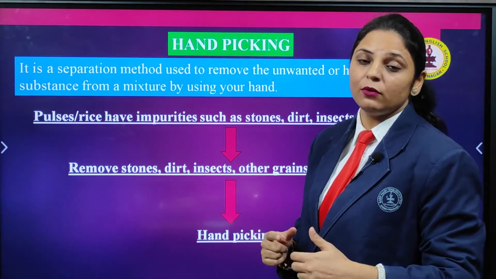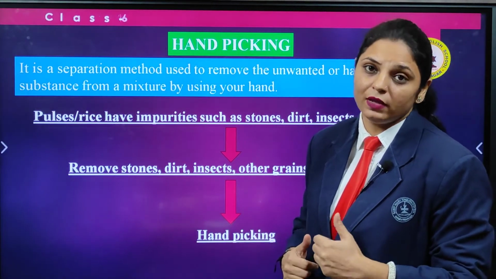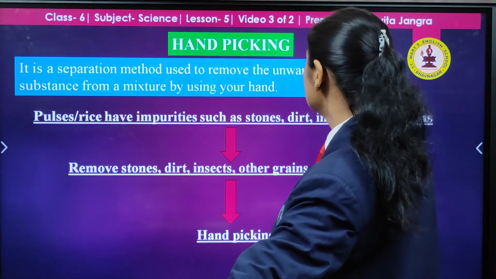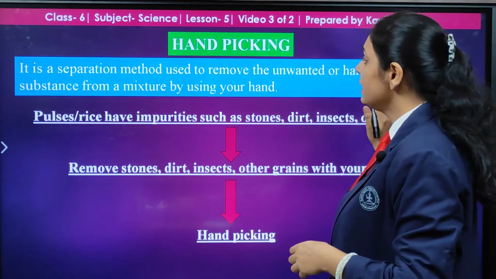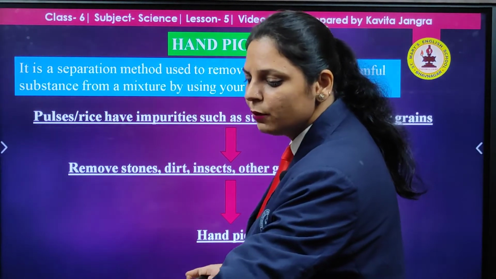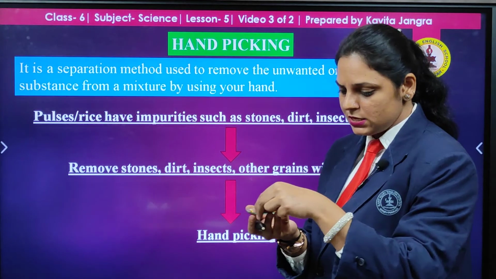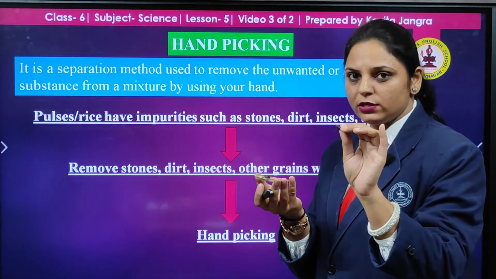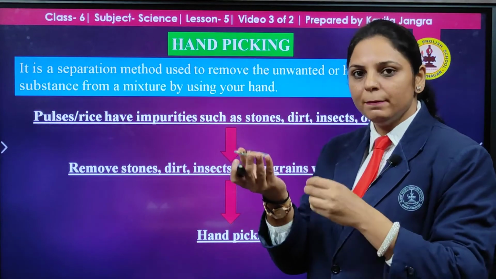Next, you need to understand what hand picking is and why we are doing it. It is a separation method that is used to remove unwanted and harmful substances from a mixture. Right now you can see over here that this is not a useful substance. This is harmful. This is unwanted. I am separating this from the pulses.